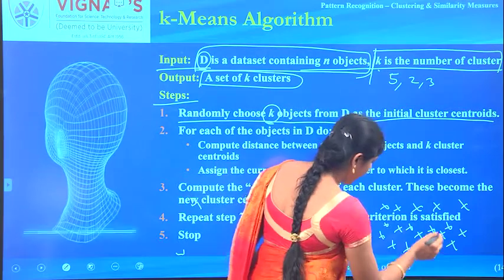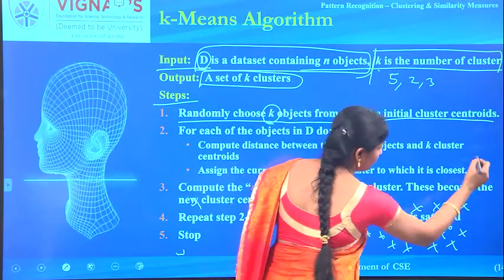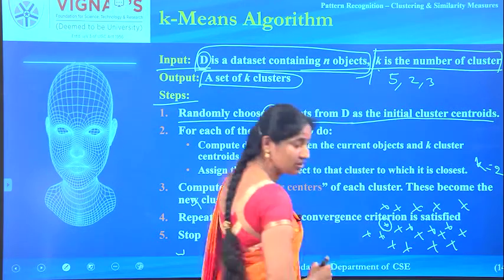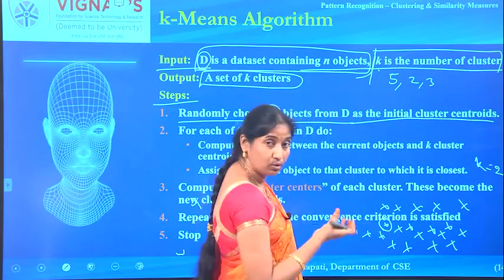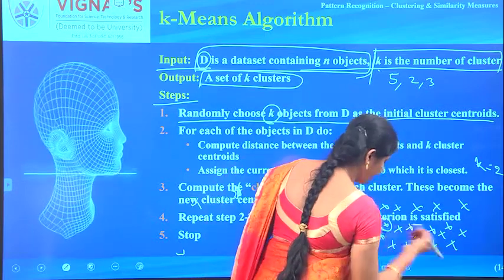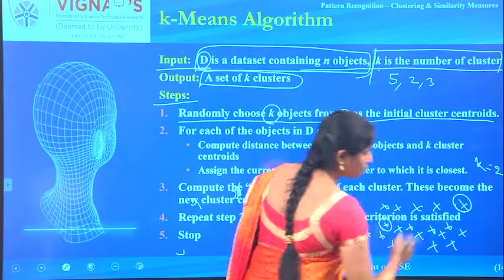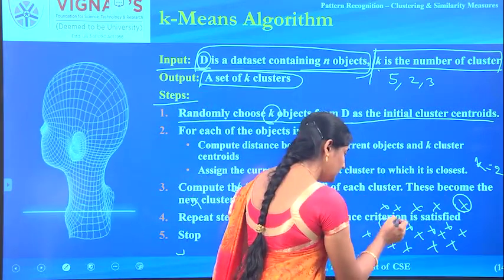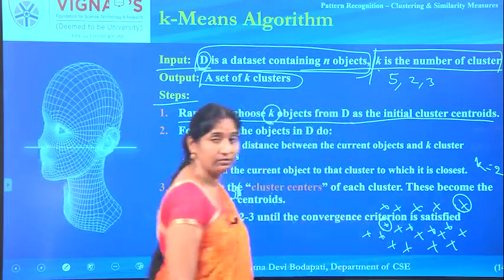Assume my k value is 2. In that case, I am randomly choosing two of the objects from the given data as the cluster centers. Maybe I can choose this, and maybe I can choose this also. So this becomes one cluster center and this becomes the other cluster center.